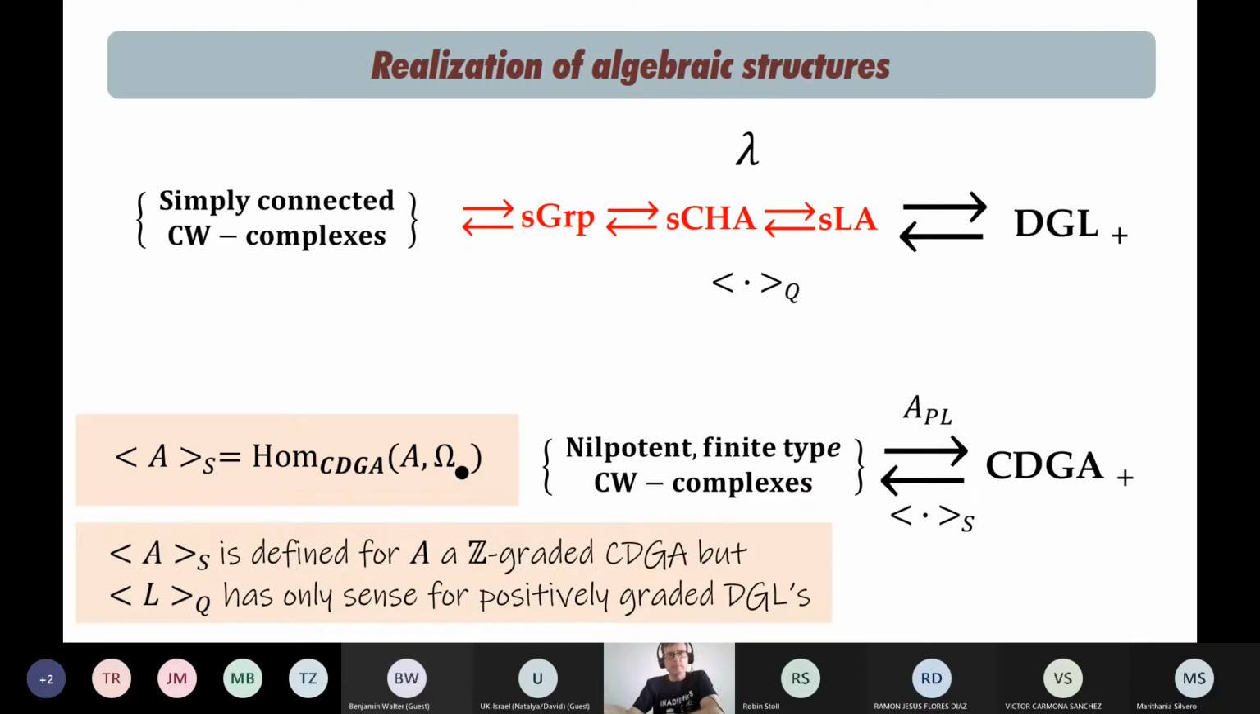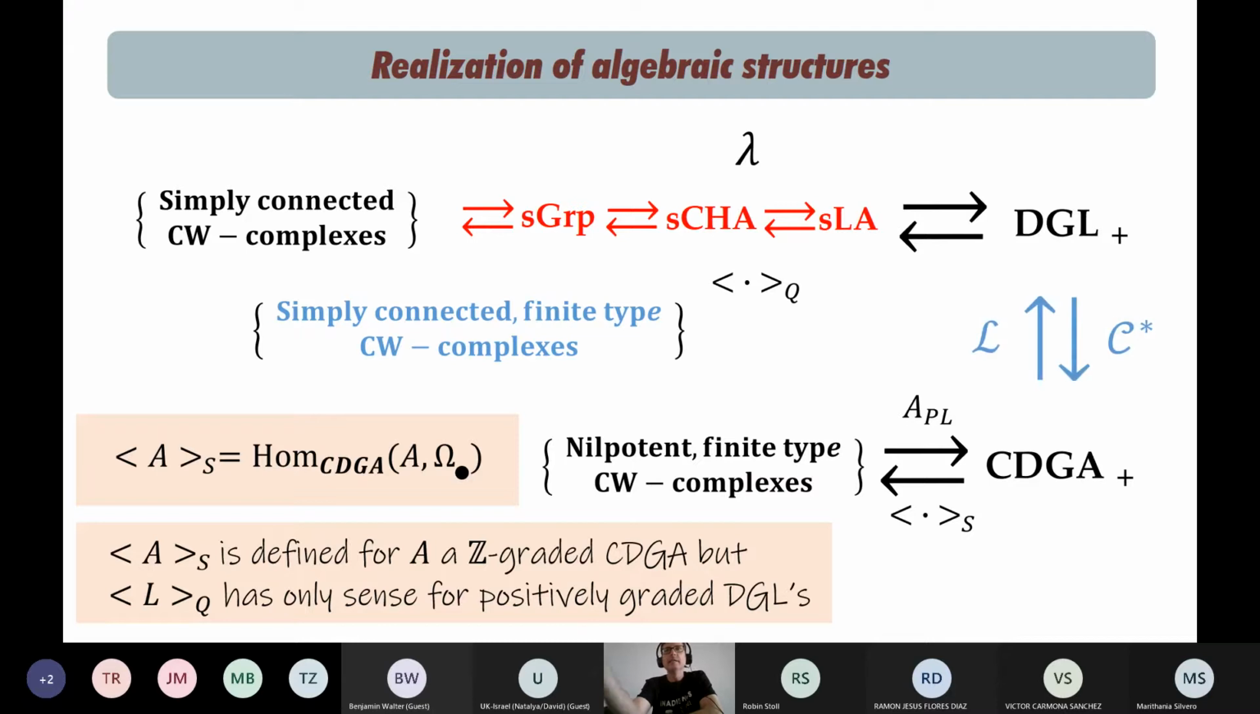But in the intersection, if we consider simply connected finite type CW complexes, then these two approaches are related by a pair of adjoint functors that were described by Neisendorfer, which are the Quillen L functor and the Cochain functor. So we will come back to this pair of adjoint functors in order to see how L-infinity algebras arise naturally in rational homotopy theory. But let me show you one more example of a map of a space that can be described in